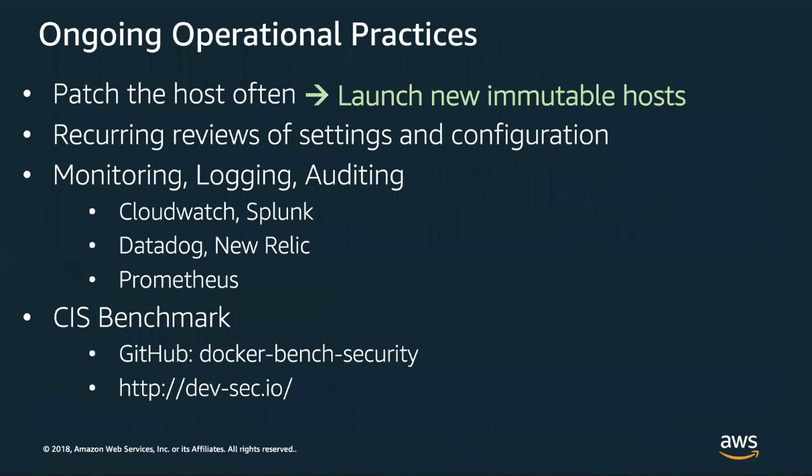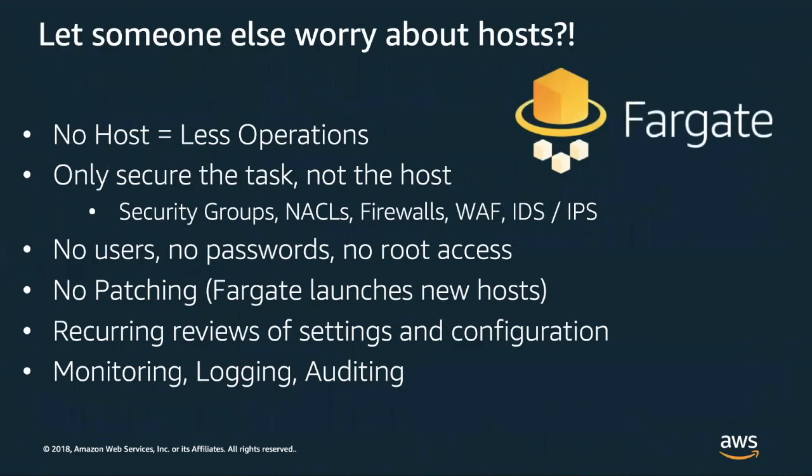And rather than actually going and patching your instances, it's far easier in an environment where you're standing up and destroying containers regularly to also stand up and destroy your instances. So make your EC2 instances immutable and stand them up, tear them down, and configure them as per your Docker security recommendations from CIS and others. Of course, if you don't want to go actually doing operating system husbandry, we can do that for you with Fargate, and there are good reasons why you'd want to do this, particularly in a Kubernetes environment, which I'll get onto in just a little bit.